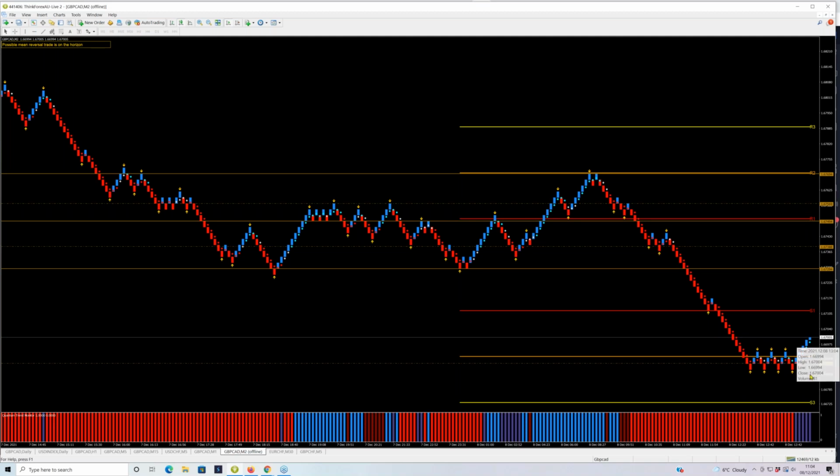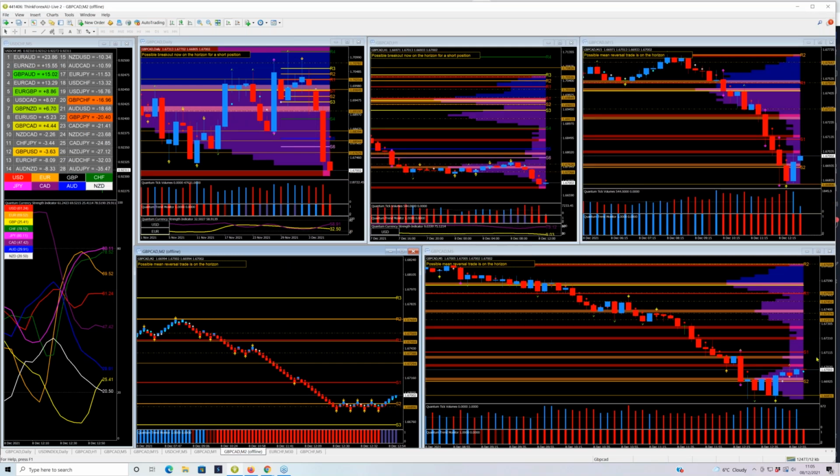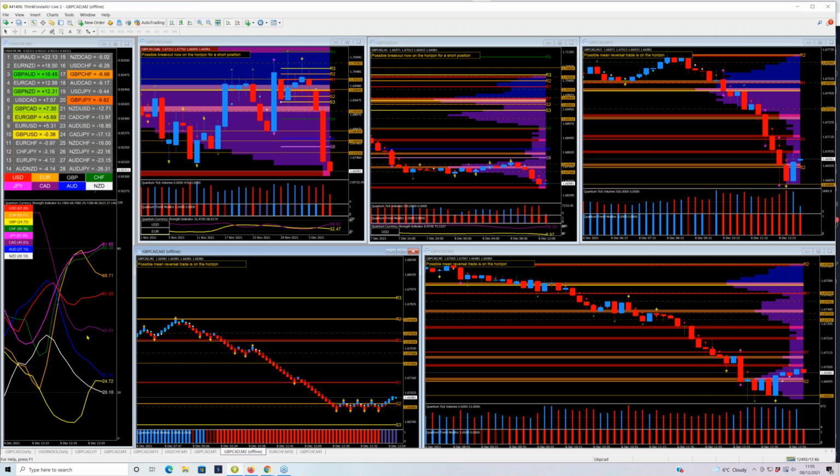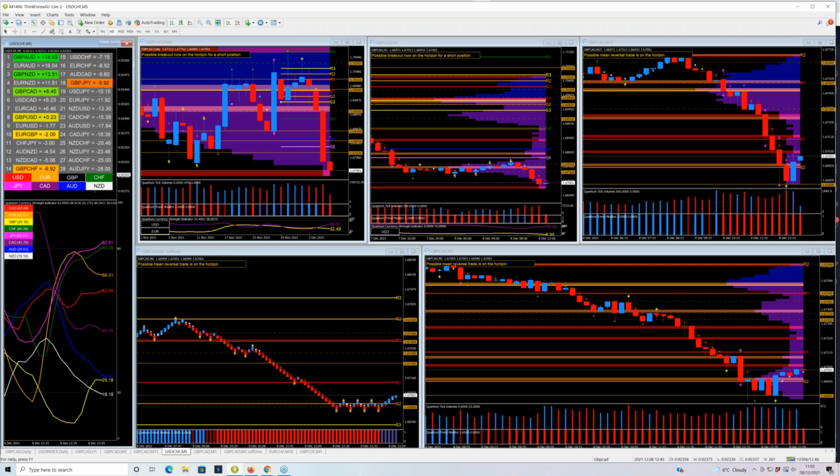But as I said, it all depends on your trading plan. Do you think, yeah, that's enough for me? Do I have these indicators as well? And the matrix is also very good because it tells you where they are in terms of position. We can see the pound Aussie and the 3 commodity ones. We looked at the pound CAD and the pound Aussie, and we can see that the pound Aussie has certainly moved much more. The pound CAD is a little bit of a laggard.